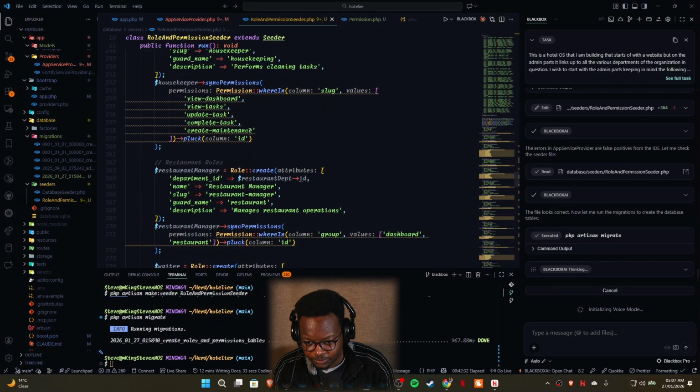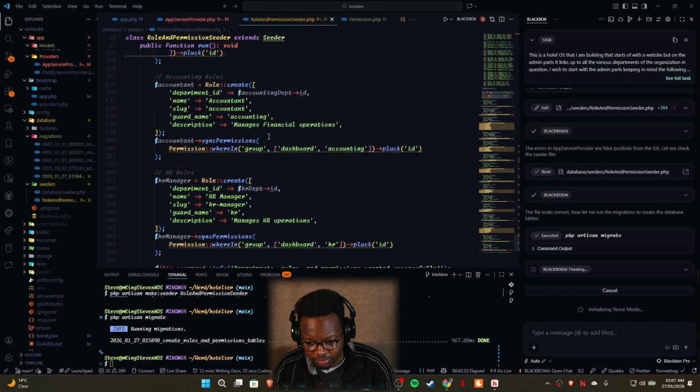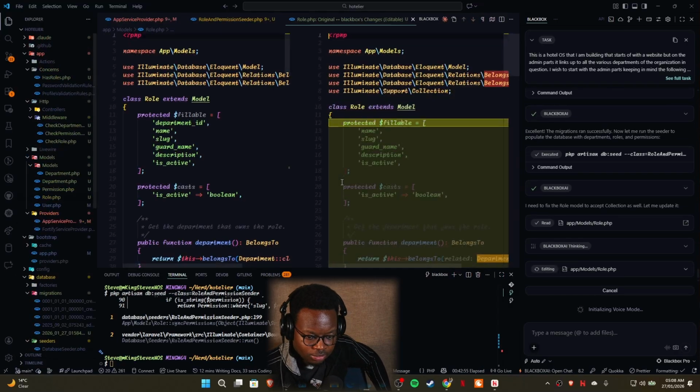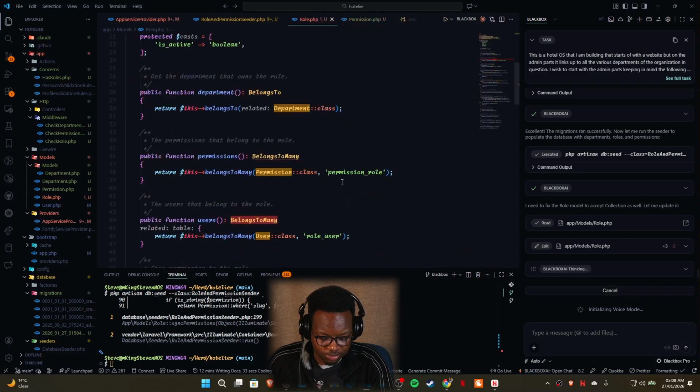Yeah, and it syncs all the permissions for all these different departments. So the thinking, yeah, I like the way it's thinking. I like the movement that is keeping this thing in check. It's just that I imagined that if we don't use roles and permissions, and we use multiple authentication guards, the amount of data that is going to be queried is going to be a lot less,